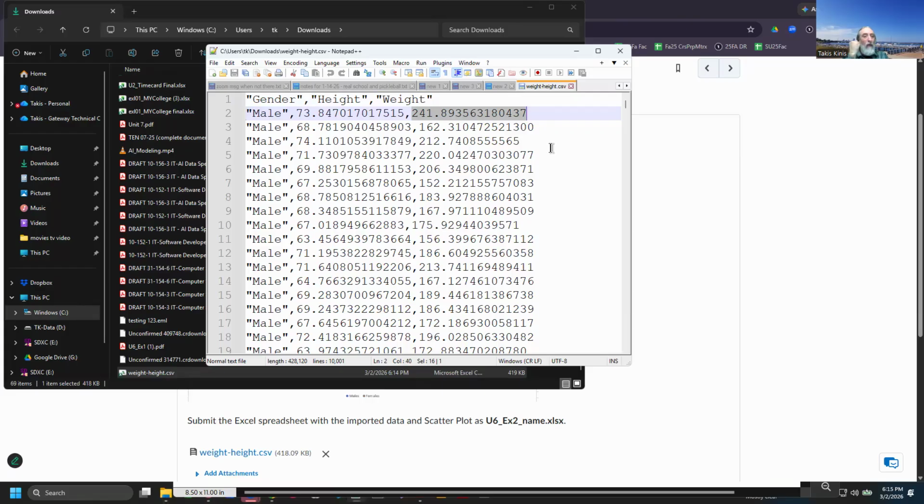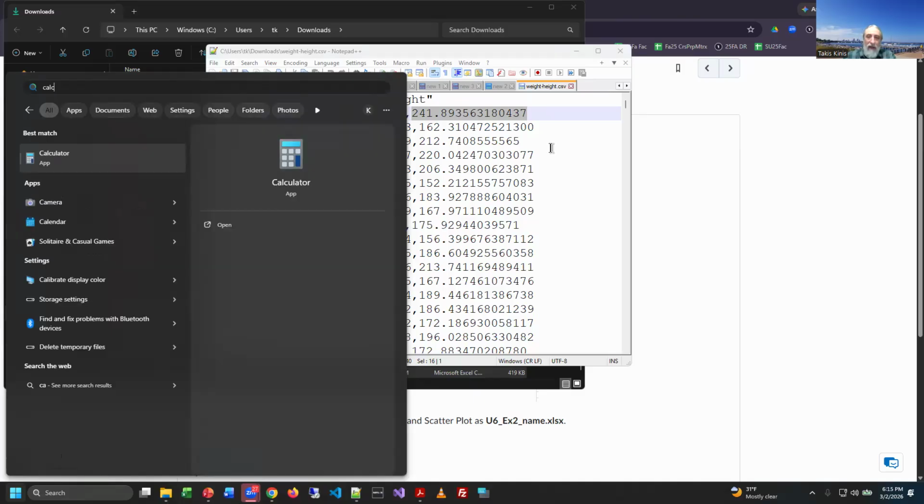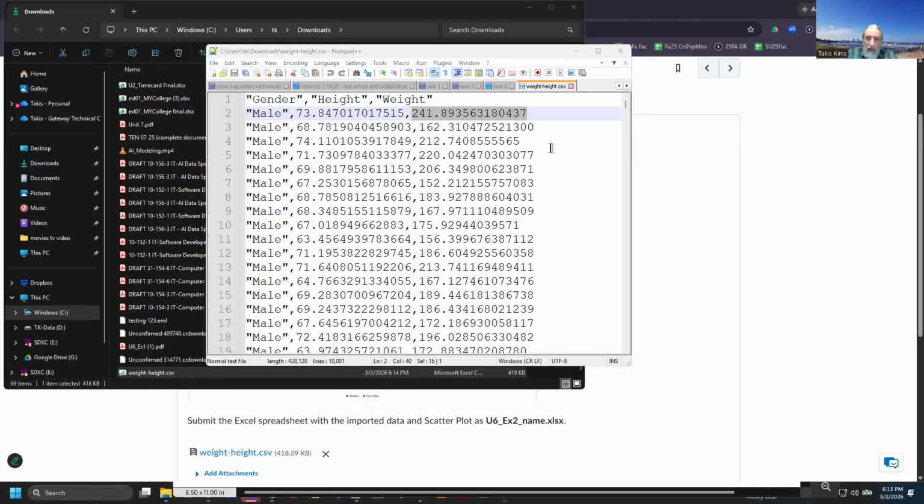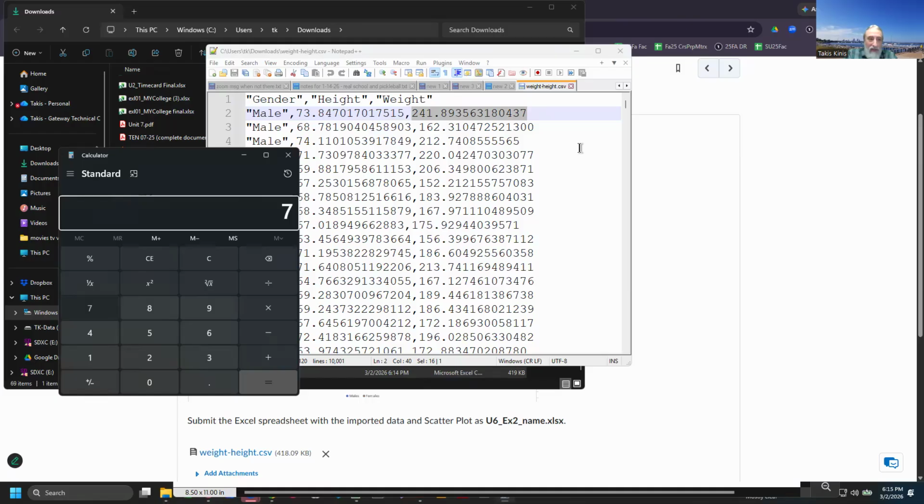Speculation. Well, one's height. So 73 is not meters. What is it? Inches, maybe? Right? So, like, if I took a little calculator, there you are. If I took 73 and divided it by 12, it's 6 foot and a few inches, right? 6 times 12 is 72. So